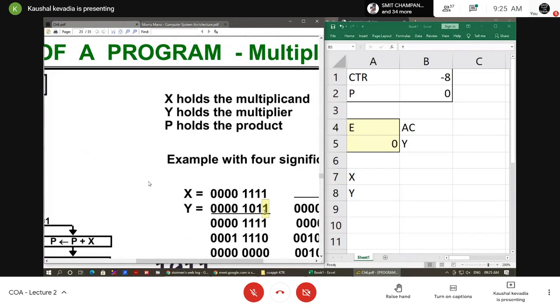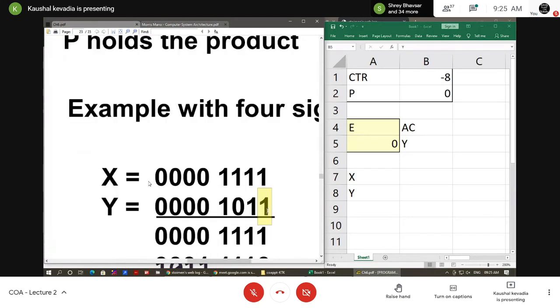ओके, ये जो y का फर्स्ट डिजिट है उसके ऊपर से मुझे डिसाइड करना है कि यहाँ पे क्या करना है. Suppose I want to do the multiplication with this number and I want to do the multiplication with the zero. So I want this single digit. So how will I get that single digit? Let me do the circular right shift to this pattern. So what happened? This one is shifted onto the E register.